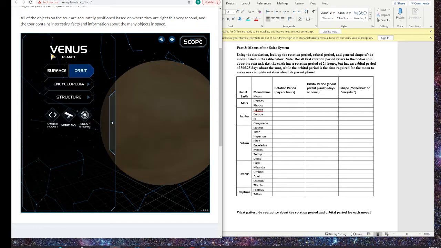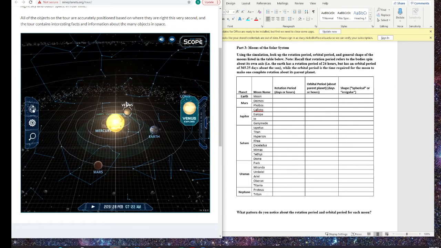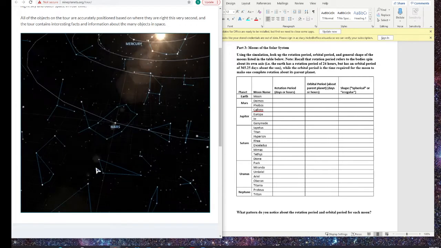So how you find these, anytime if you click on this solar system, it will take you back to this view. Okay, and so here I've listed, of course, Earth first. Let's go to Mars. Right. So if I double click on Mars